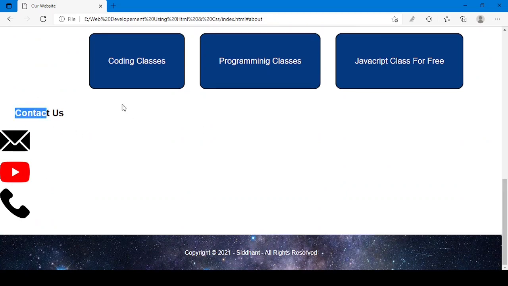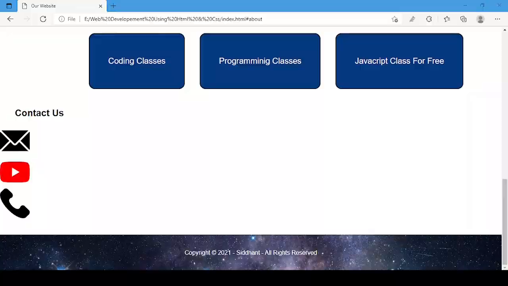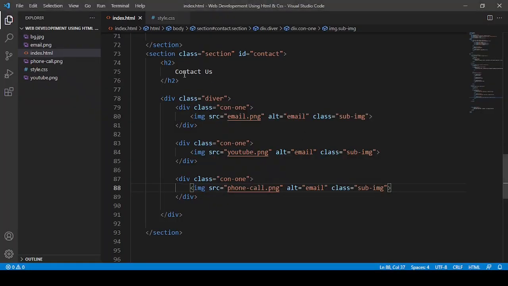Now I want to align this in the center. So what I can do is, in h2 I can give a class something like con dash header.